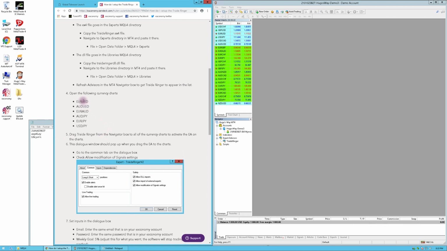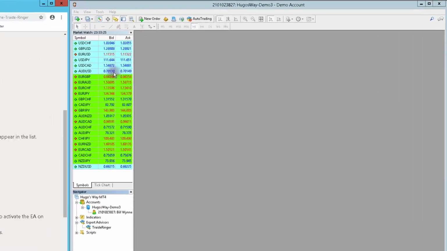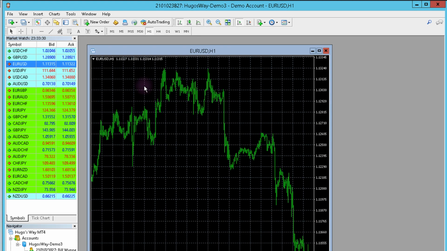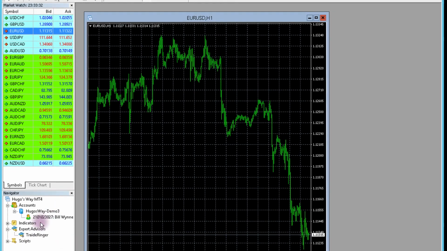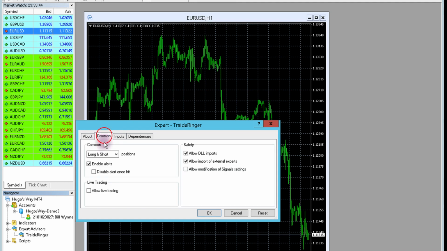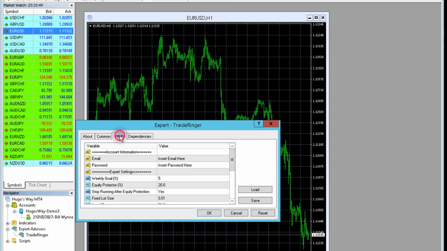And going down, the next thing we want to do is open up the Euro USD. So we'll take this one and drag it out here to our area. What we're going to do then is take the TrAIde and double click on it, and we're going to go through these. We're going to go to the Common tab. We're going to make sure that all three of these are checked, plus these two. We're going to go to the Inputs,